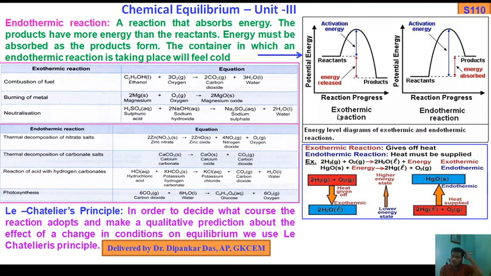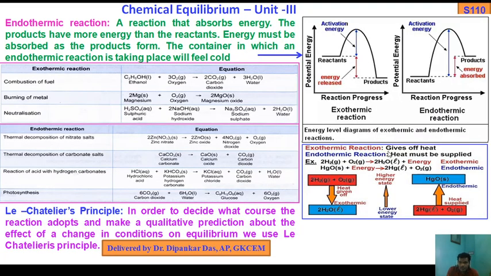If you look at this diagram on the right-hand side, plotting reaction progress against potential energy, the reactants convert into products through a transition state. The transition state, or activated complex or intermediate complex, is very unstable and dissipates into products. This is the amount of energy released. In the exothermic case the energy of the reactant is greater than the energy of the product, but here the energy of the product is greater than the energy of the reactant. This is the amount of energy absorbed. This is called the activation energy. Okay. So this is the energy level diagram of exothermic and endothermic reactions.